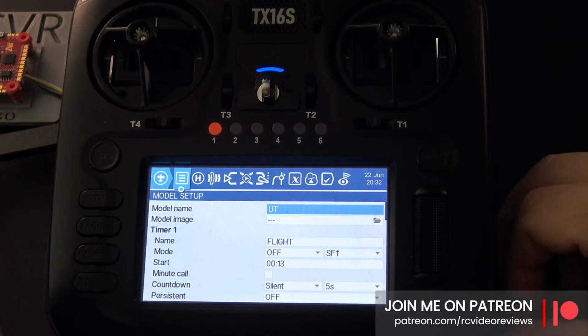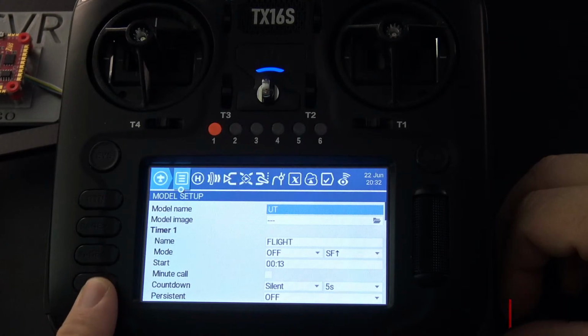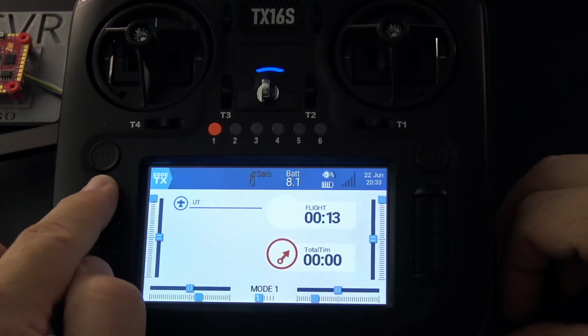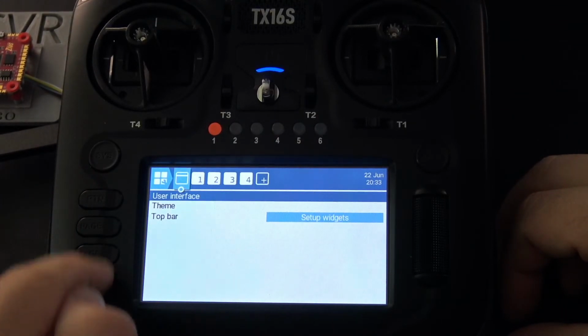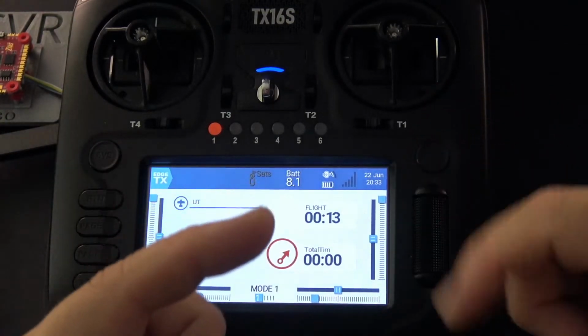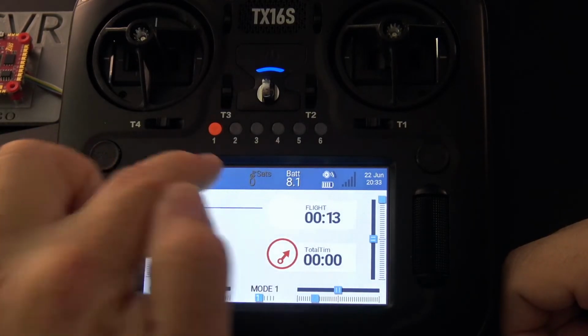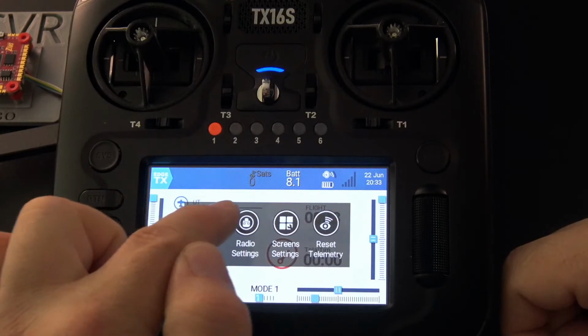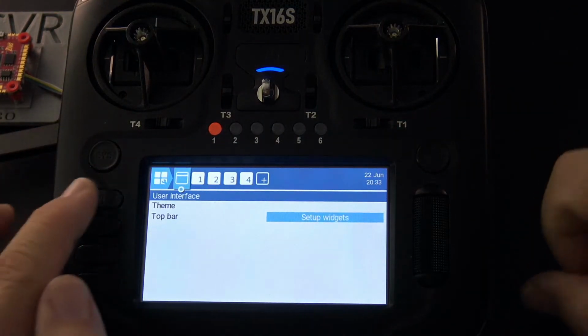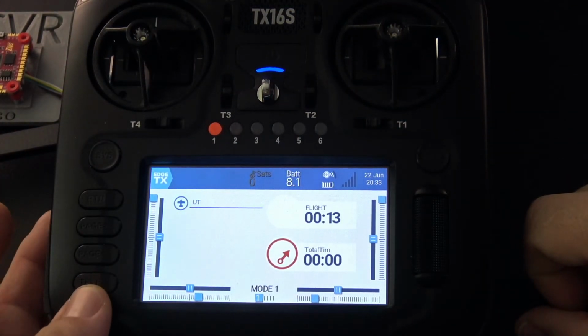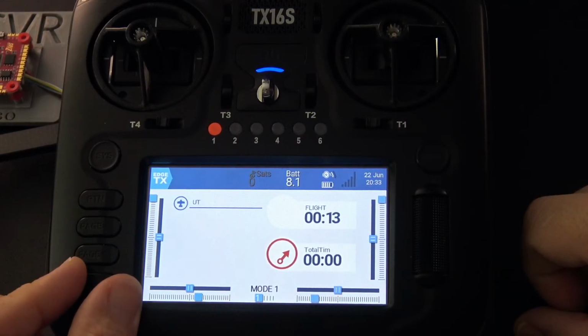So what they're thinking about doing is binding the channel monitor to the telemetry button, which most people don't really spend a lot of time using. Once you get your pages set up, this button is kind of a waste, and that's not wrong. Also, we can now bring up the menu and go into screen settings from here too. So the talk is that maybe they'll bind the channel monitor to a long press on the telemetry.